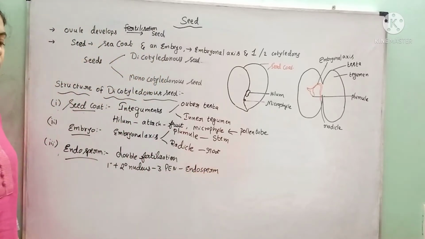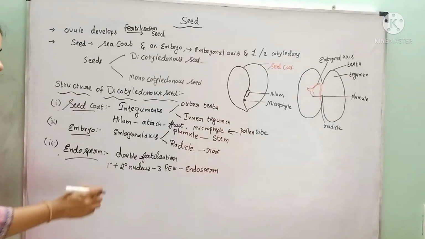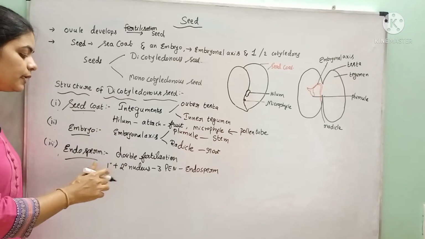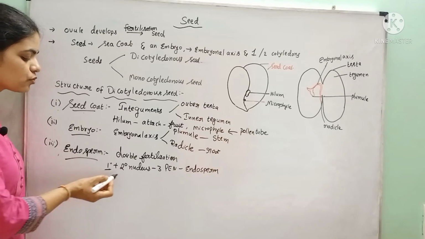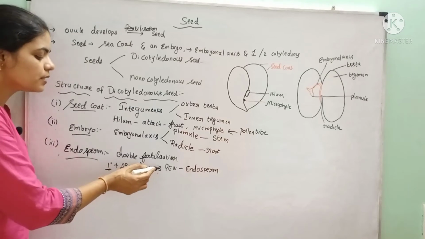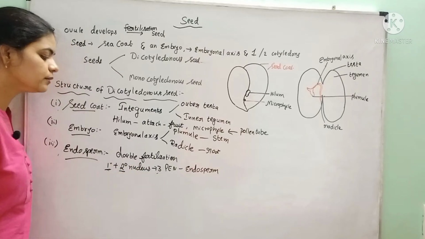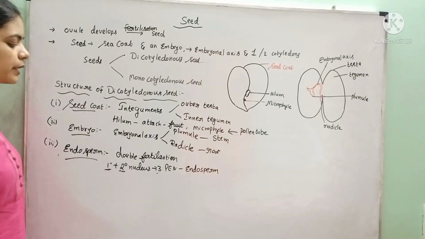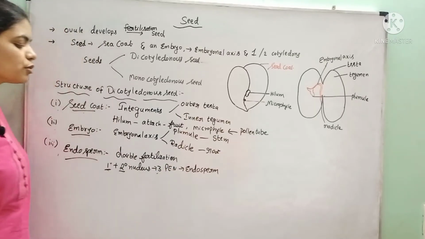I explained this process in the plant kingdom lesson, on the general properties of angiosperms: how double fertilization occurs. Two male gametes are carried by the pollen tube. One male gamete fuses with the egg nucleus and fertilization occurs, and the second male gamete fuses with the secondary nucleus. 2 plus 1 is 3, right? So finally, the triploid primary endosperm nucleus is formed, and this primary endosperm nucleus later develops into the endosperm.